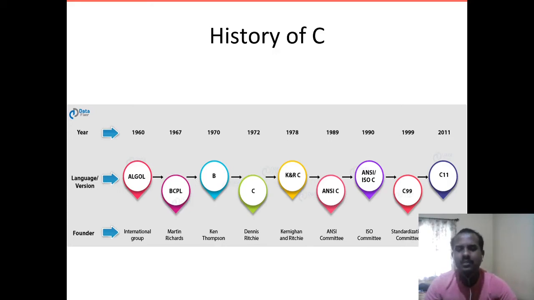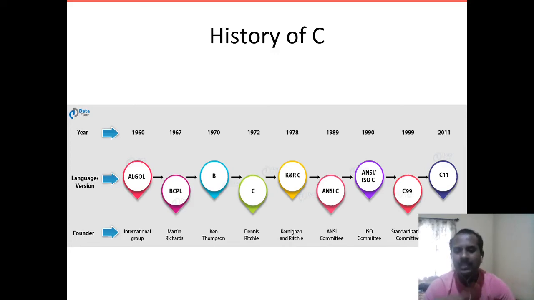In 1972, Dennis Ritchie combined ALGOL, BCPL and B, plus he added the type concept, and in 1978, Brian Kernighan and Dennis Ritchie developed C further and called it K and R C. Since many versions of C were available, in 1989 the ANSI committee came into the picture and standardized C, which can also be called C89.